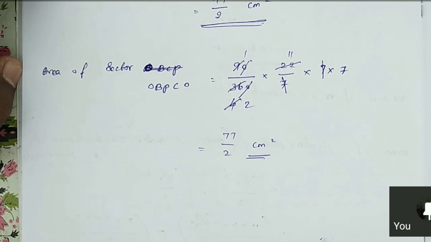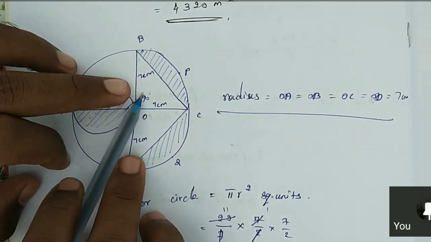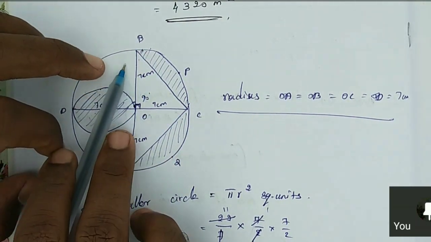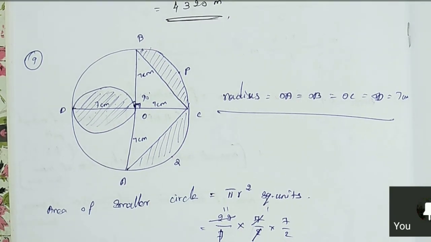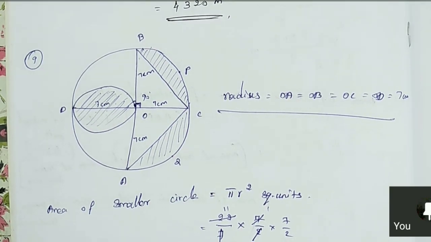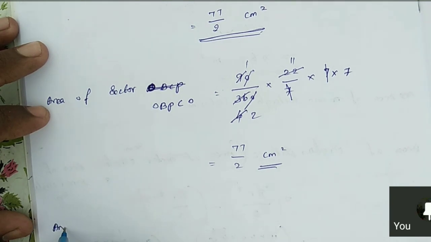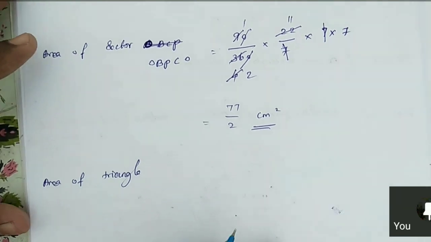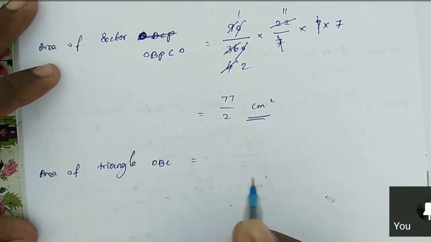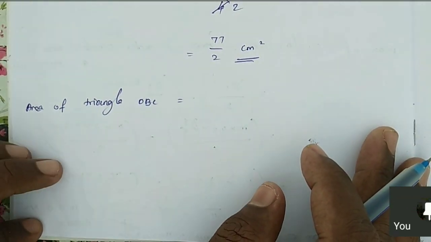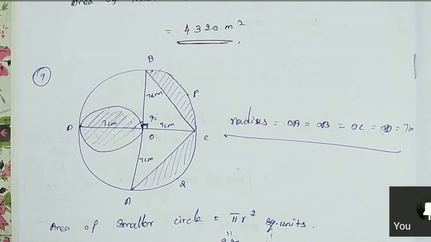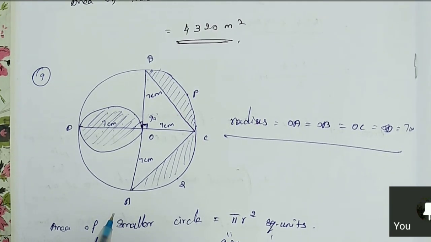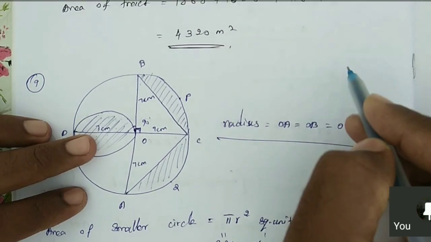So we found the area of the sector. Now we can find the area of a triangle. Then only we are able to subtract and get the area of a segment, right? Yes, sir. Now the area of a triangle. What is it? OBC. Now it is a right angle triangle. So what are we supposed to do? What is the formula to find it? It is a right angle triangle. So what is the formula for finding the area of a triangle?